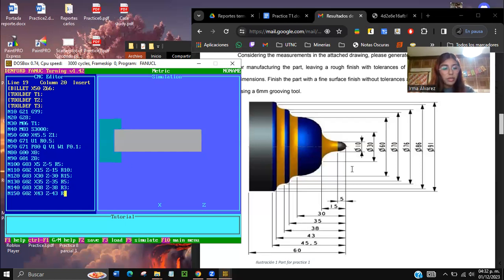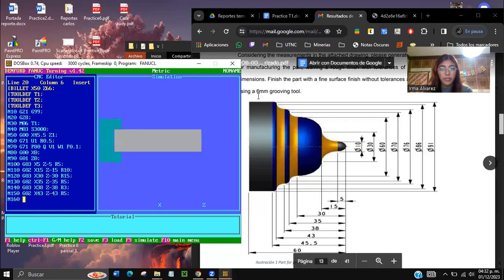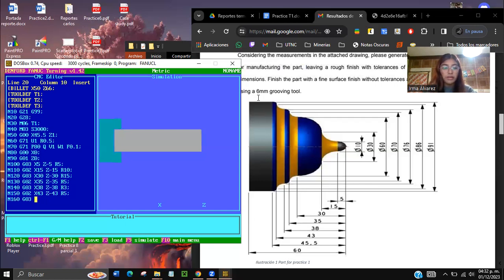Yes, radius of 5. And now in 160, we have the last one, that is the counterclockwise, that is G03, and we have an X of 45.5, a C of minus 45.5,